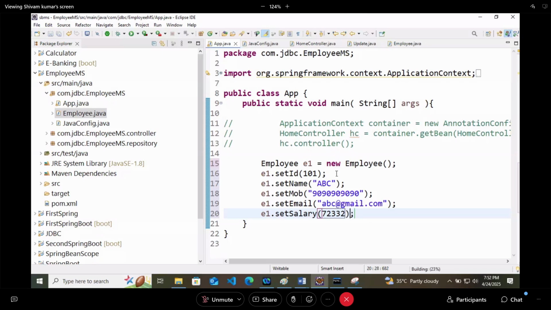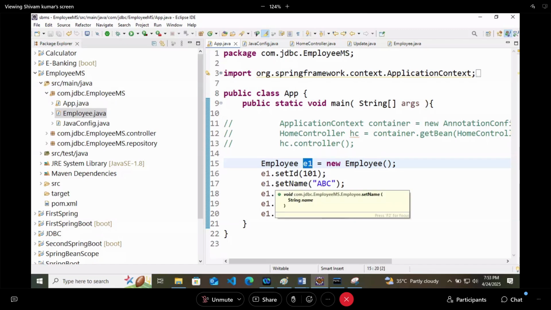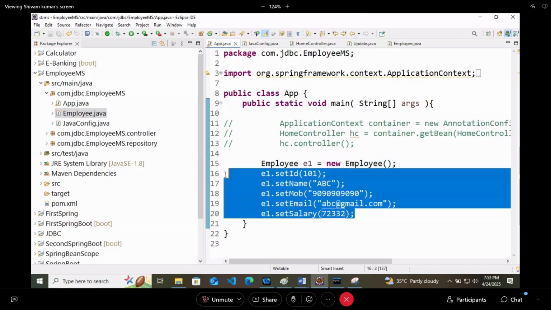Now can I say that this e1 is one employee in Java? Yes, we can say. So row mapper will do this thing only. Instead of you giving the values, row mapper will fit these values inside this, not you.